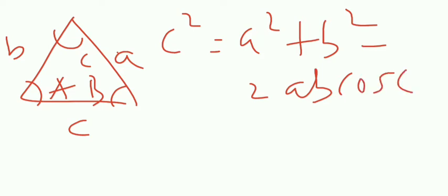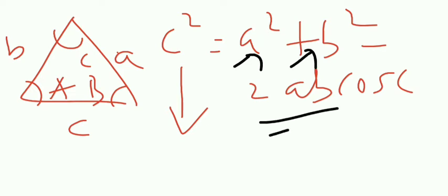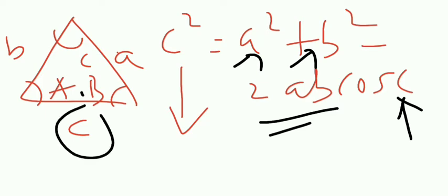So what is the thing? If I want to find one side C squared, then like Pythagoras theorem, we have to take the squares of the other two sides. So I want to find C squared. C squared is the other two sides, A squared plus B squared, minus 2AB cos C. The angle you see is the angle opposite to the side C. This is the side C. Opposite to that is angle C.